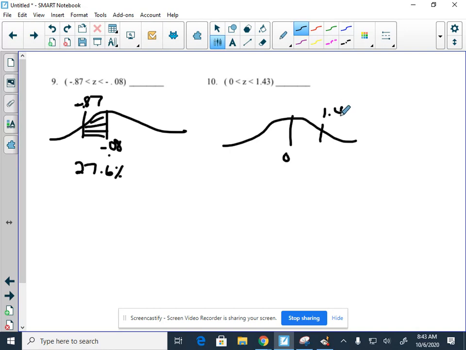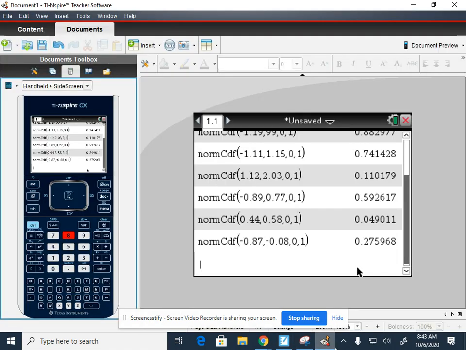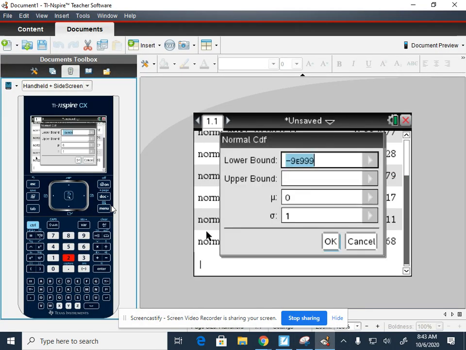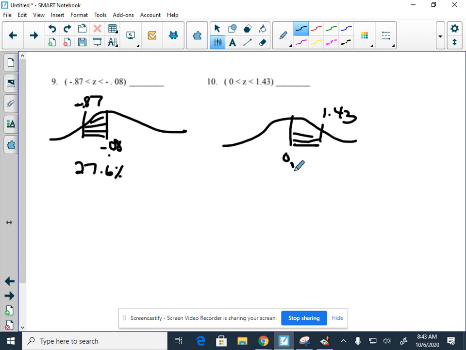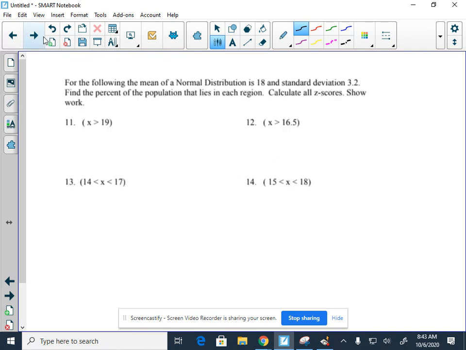Some of you, maybe you're already done with it, kind of got these. Hopefully we're getting it. So 42.3%, right? Yeah. All right. Okay, so I'm